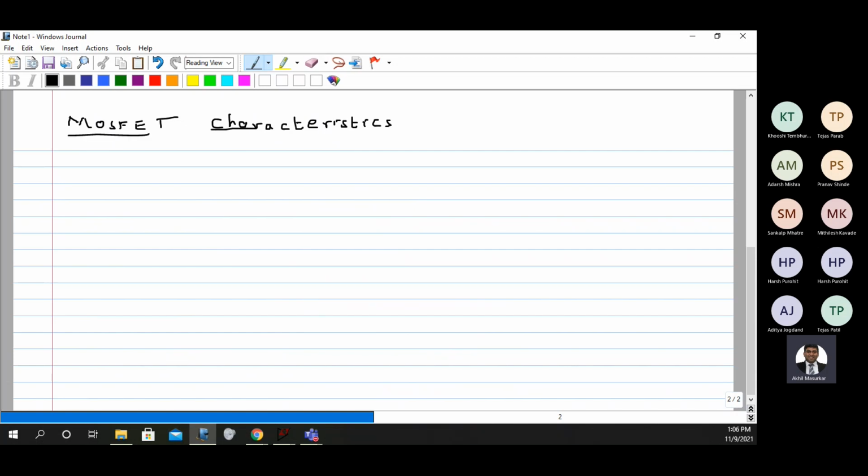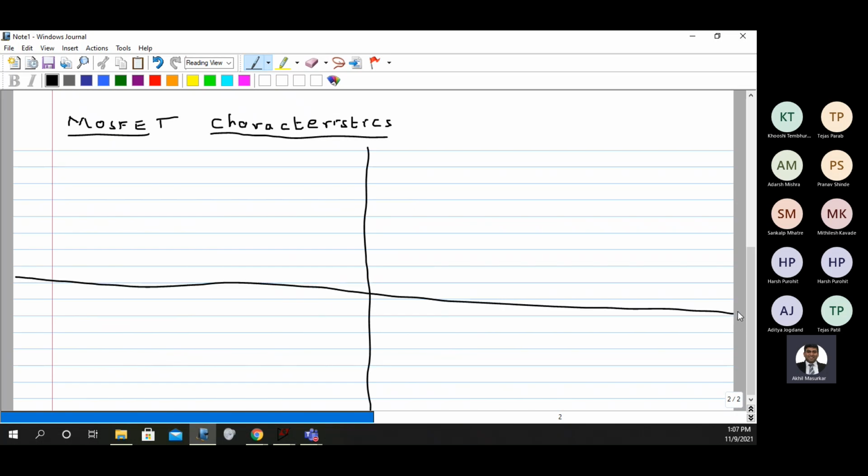And this we are going to do for both NMOS as well as PMOS, and not just NMOS and PMOS, but for depletion type as well as enhancement type. So today we will divide these characteristics.